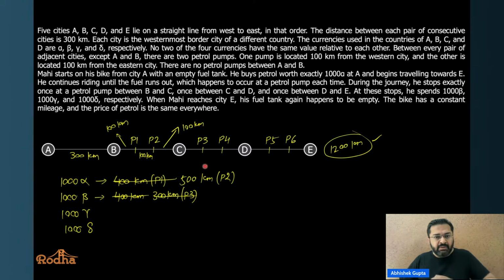Now let's see here. If he goes till this point P3, this is 200, and if he goes till this point, this would be 300. Now you don't have to write everything down, just think about it. P2 to P4 is how much? This would be 300. If he does 300, what would happen? How much distance would be left? Can you visualize this? This is 400 left. How would you break this 400 up? We cannot break this 400 up in distinct forms.